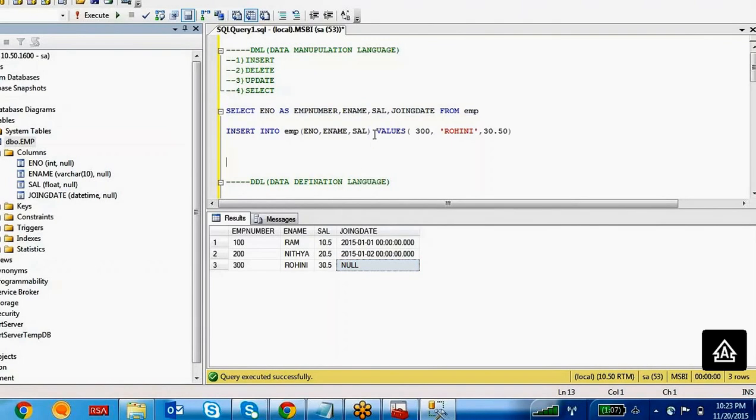So that sequence you have to follow here. If you want to insert all the columns, you no need to mention this list of the columns. 400, Kirti.